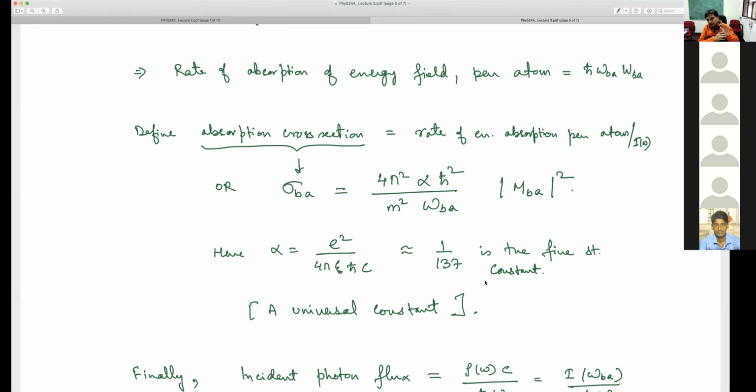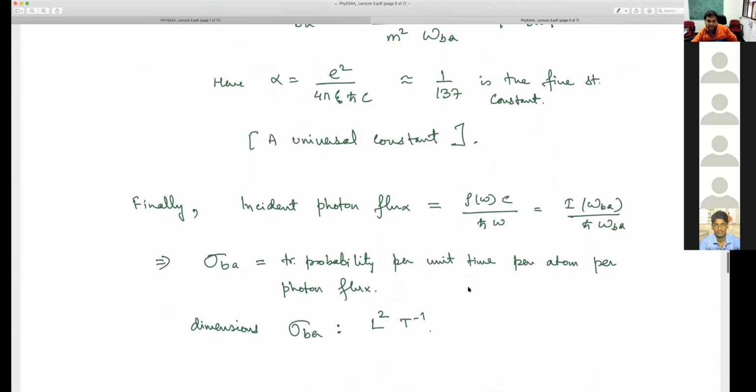So if I do an experiment, then the first order perturbation theory effect will already be roughly 137 times larger than the second order effect. So I have already captured 95% of the physics here, and the remaining 5% is in second order, third order, fourth order, and so on and so forth, at least within this framework of the weak field limit. Okay, so does that make sense?